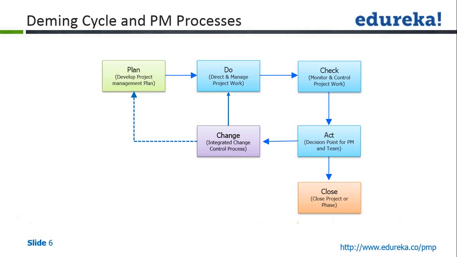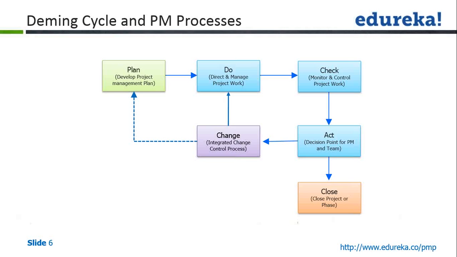Decision will be taken. If the change request is rejected, it will simply be nullified here. Nothing will happen. The request will simply die here. Okay. But if the request is approved, then the plan will be updated, and that approved change request will be taken to direct and manage project work, where the changes will be implemented and the cycle will go on as it is, keep on going. It will keep on going until all the work in the project is completed,